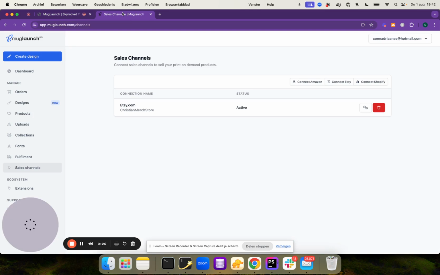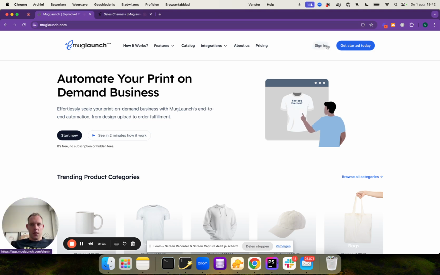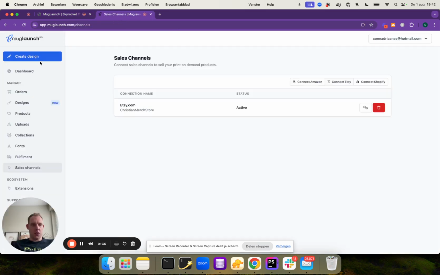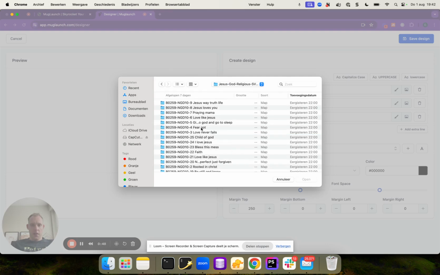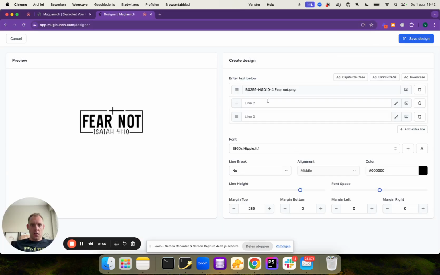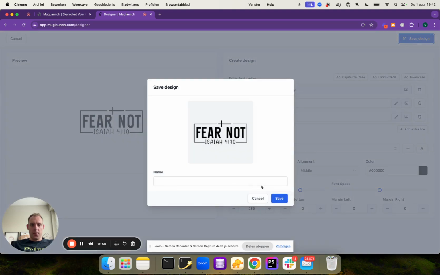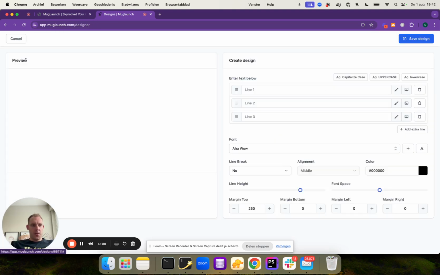I will show you. You go into the tool, you hit sign in or register if you don't have an account yet. And what you can do is start creating your design, and it's a really easygoing process. One of the things that I've learned is you can go to upload image, upload an image like this, and save the design, or you can go for a text design. One cool thing you can do with a text design, I'll show you now, is you can type in something like you are an awesome